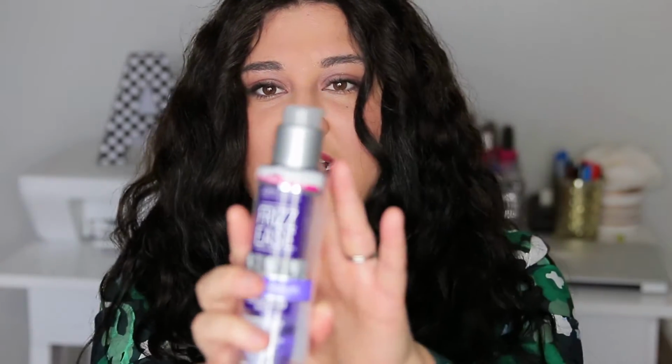Now, if you're like me and you tend to have frizz, one product that I enjoy using is the John Frieda Frizz Ease. This is the extra strength because I have very thick hair. And it has silk protein and added control. It eliminates frizz, humidity protection, heat protection, smooth, hydrates, and tames. So I love this at the end, more like a finishing product,